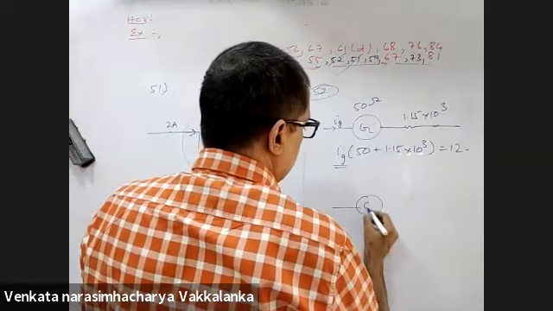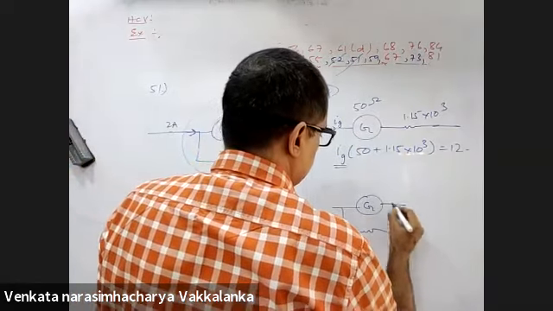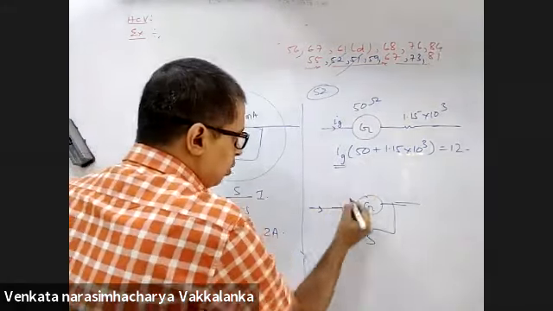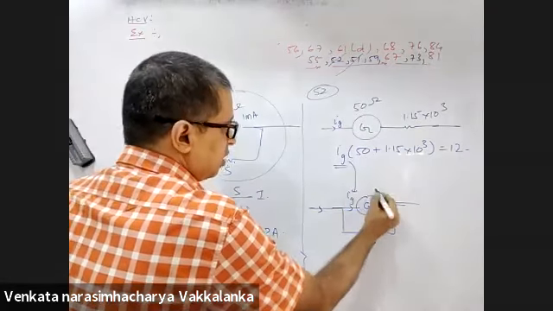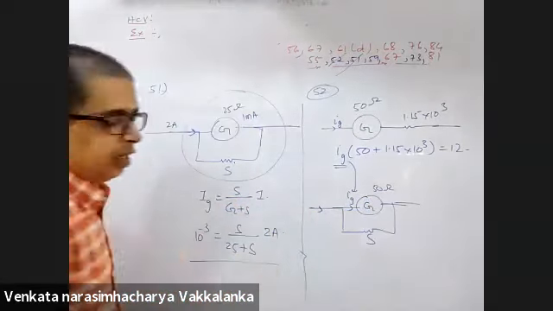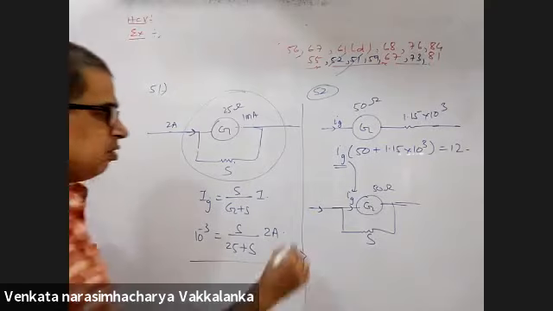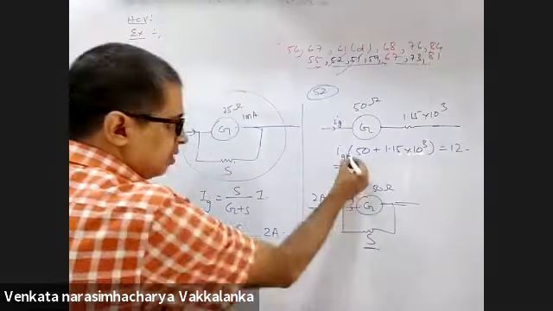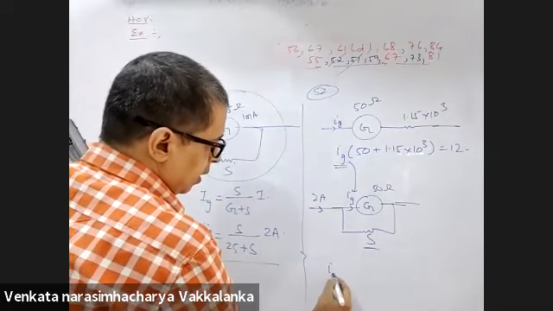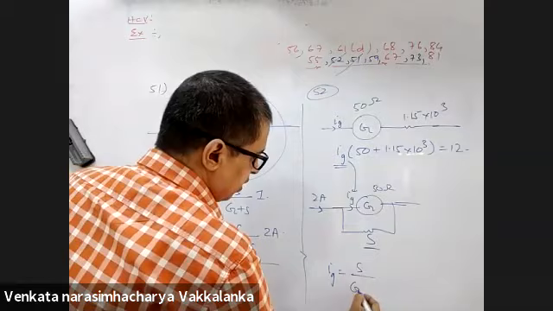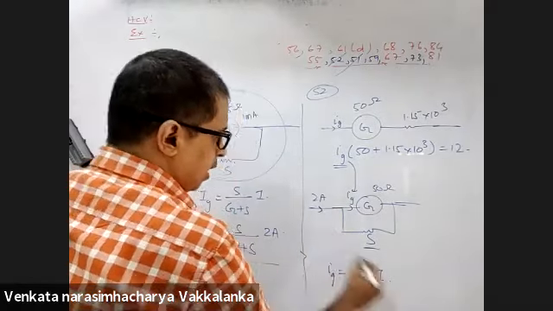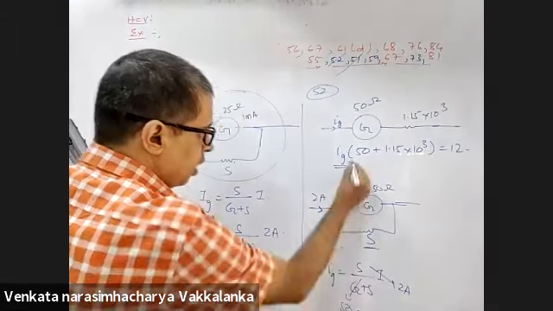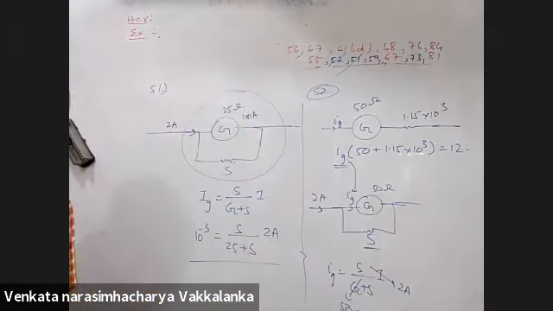If the same coil is placed with a shunt, how much current should come here? I know the value of IG. I use this IG here. This is 50 ohms and it should measure 2 amperes of current. How much should be the shunt resistance? The same thing. IG is equal to S divided by (G plus S) into I. I is 2 amperes, G is 50 ohms, IG I'll substitute here. Find out S.